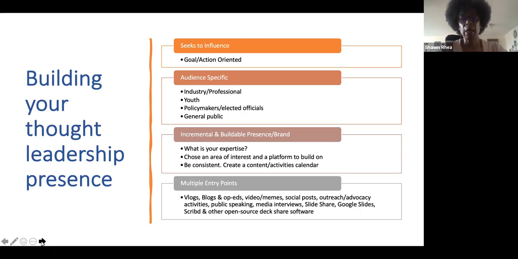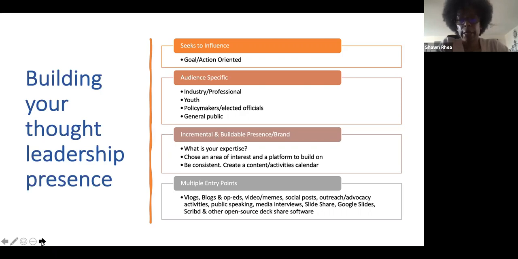You choose an area of interest and a platform to build your voice on. So it may be social media, it may be one-on-one outreach, it may be through creating memes that help people get a quick understanding of the work that you do. But what's most important is that you be consistent.